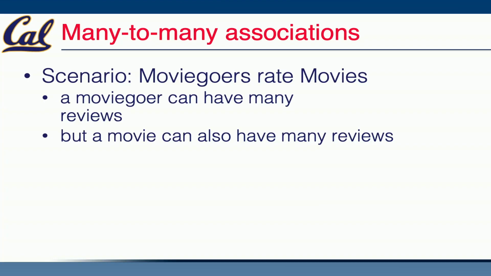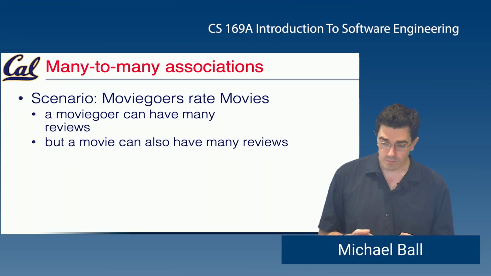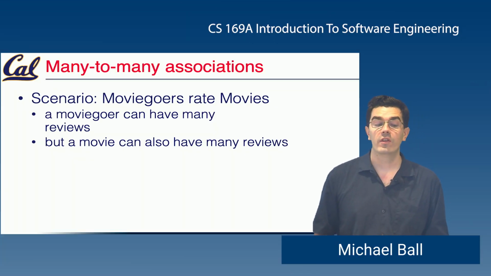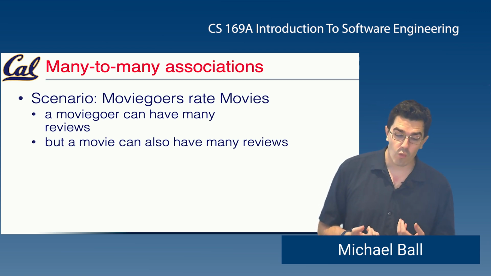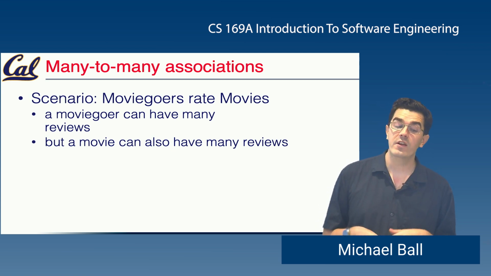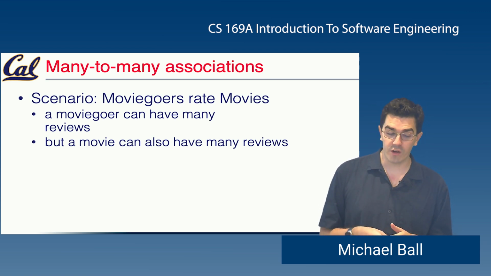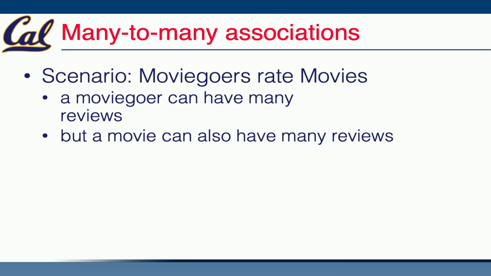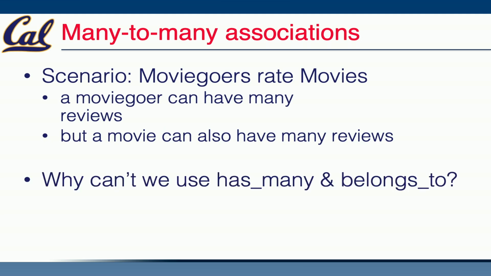Well, in our model, we have a movie that can have many reviews. We have reviews that will be linked to an individual moviegoer or user. But what if I want to know who are all the users that have rated a movie? It would be nice to write something like movie.moviegoers to see everyone that's left a review without having to write a database query ourselves. And because a review is also linked to a movie, we can do this through some